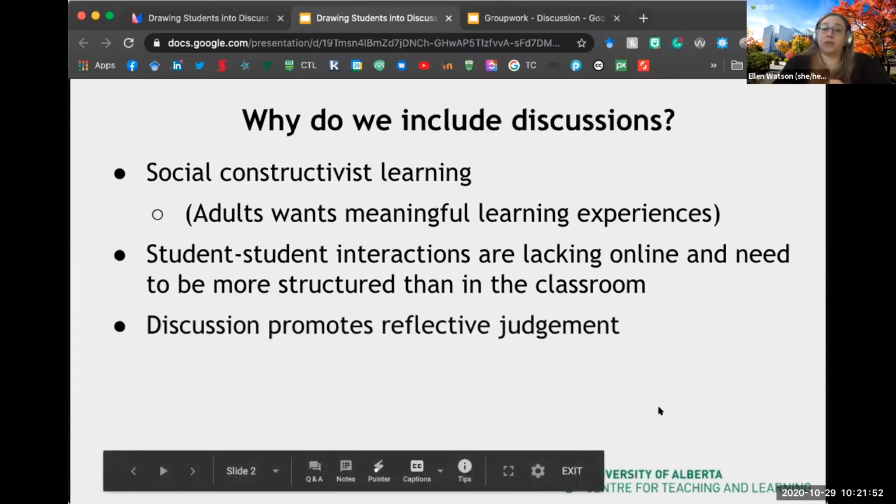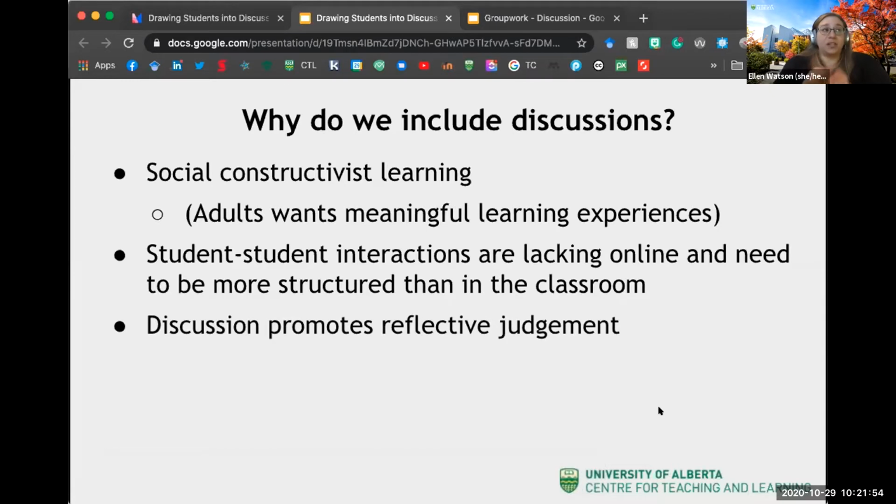Discussion also promotes reflective judgment. So discussion can get at a really specific type of critical thinking skills where students engage with some kind of a prompt, engage with some type of a reading, and have to reflect before responding and providing answers. This is really important in asynchronous. And one of the benefits for asynchronous discussions over synchronous discussions is that students have that time to think and